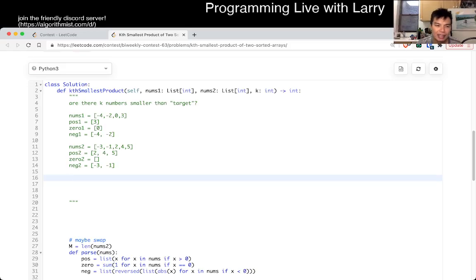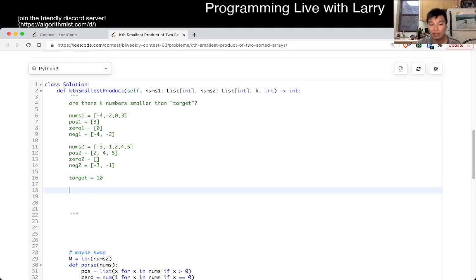So basically, yeah, we go through each, and you could take one of them. That's why I have a maybe swap here. But basically, for each number here, we can figure it out from these components. For example, let's just say target is equal to 10, which is positive. Then what does that mean, right? That means, and this is what I did literally by breaking it up in pieces,